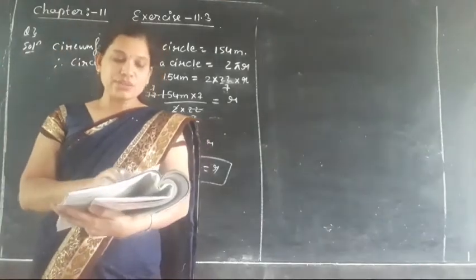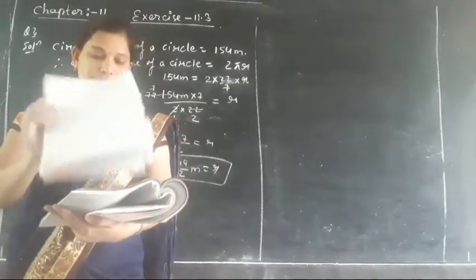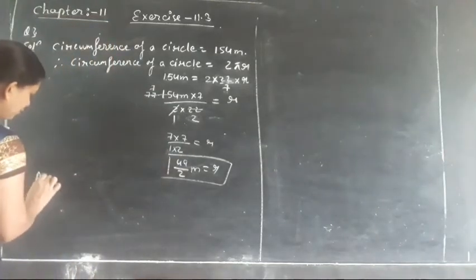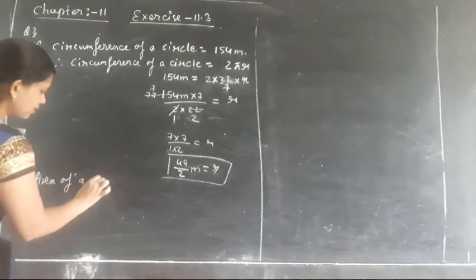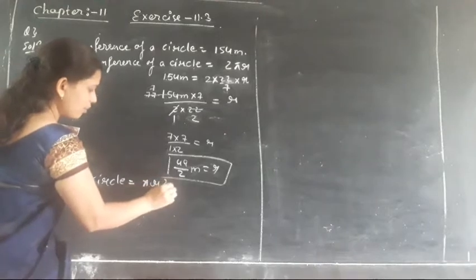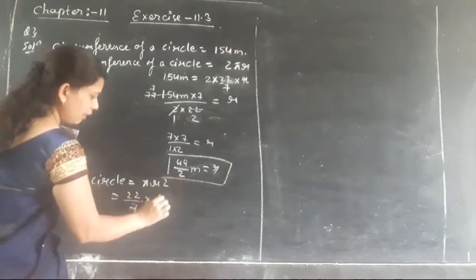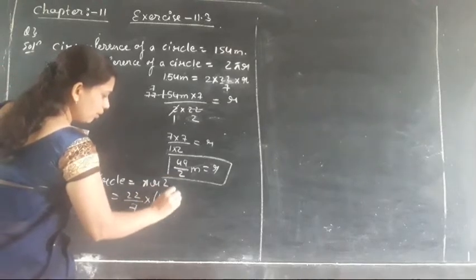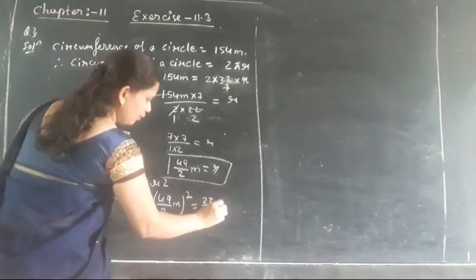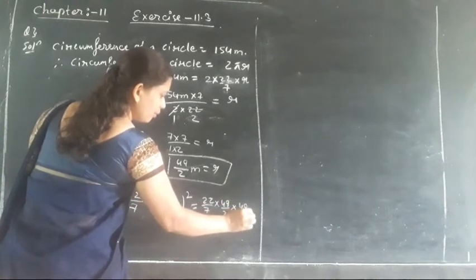After doing this question, we have to find the area over here. So look how to find the area. Here it is asked to find the area. So area of a circle is equal to, what is the formula we are having? Pi r square. This is the formula. Pi value we have to take 22/7. R value we are having 49 upon 2 meter, the whole square. So it can be written as 22/7 into 49 upon 2 into 49 upon 2 meter square.